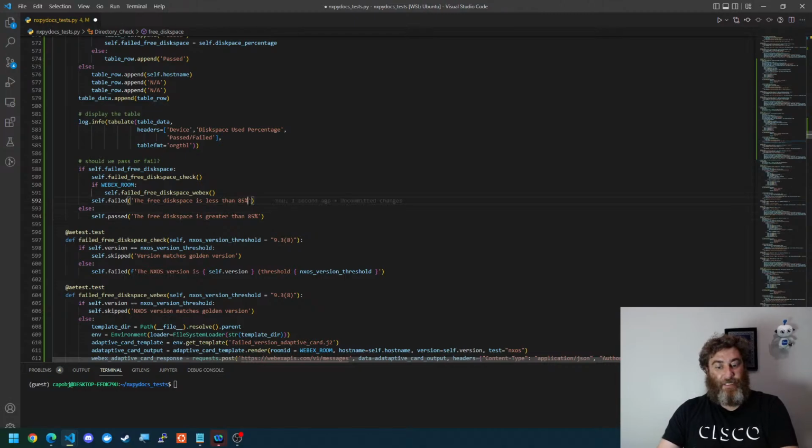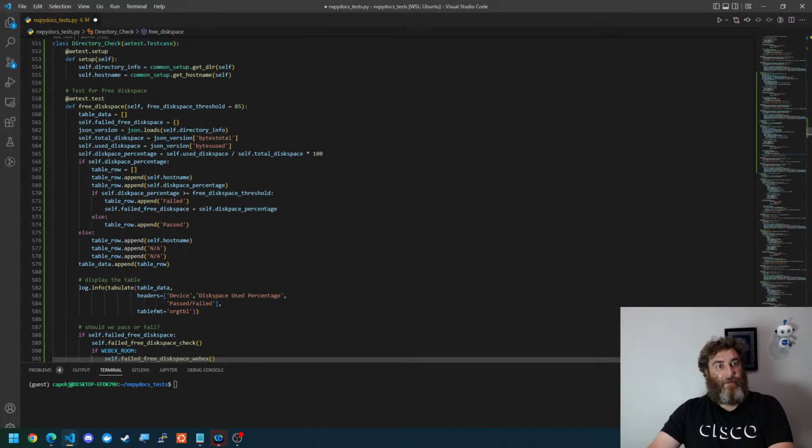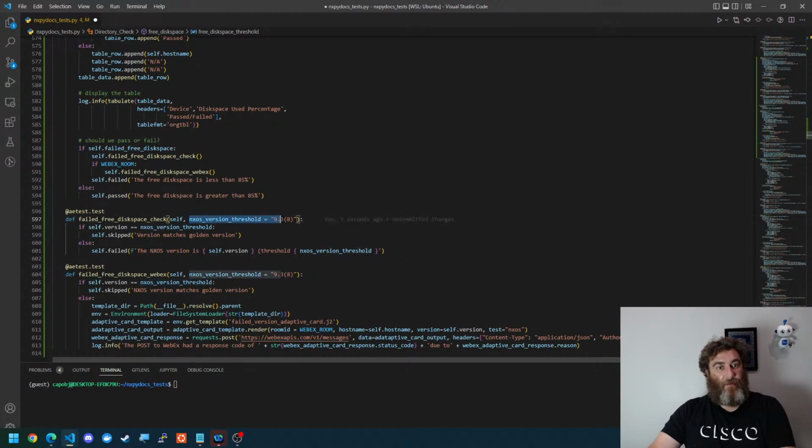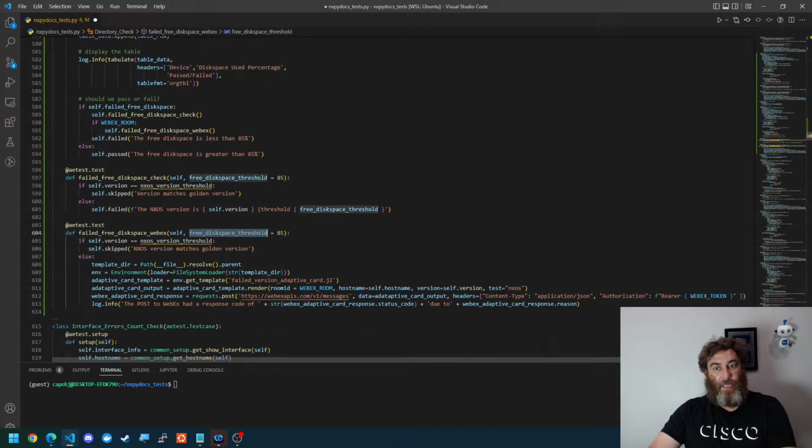And let's just make this a little more human, of total disk space, of total, the percentage. Let's just leave it like that. So then we're going to set that threshold up again as 85 here and here. And we're going to copy that in here as the threshold. And then